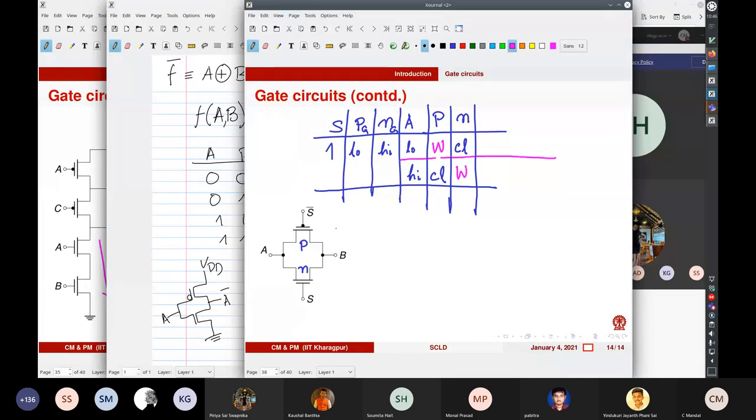As you can see, an NMOS transistor is good for transmitting low voltage, whereas a PMOS transistor is good for transmitting a high voltage. And you look at the other situation, that is when S is